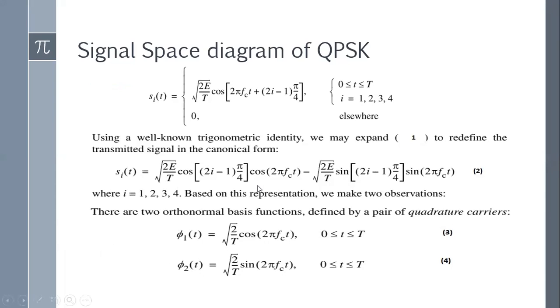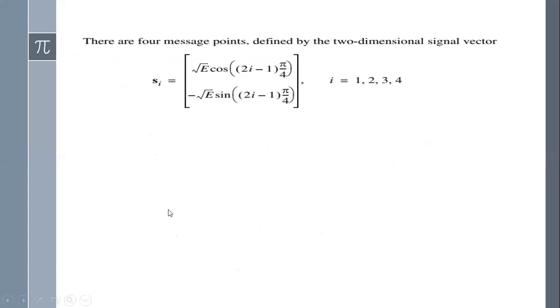So what we have so far is an equation from where we see there are 4 message symbols, 00 01 10 11, and to represent these 4 message symbols we need only 2 basis functions. So in signal space we'll have 4 zones or 4 quadrants to represent 4 message symbols, and the basis functions will be phi 1 and phi 2. Okay, so let us go to the next part.